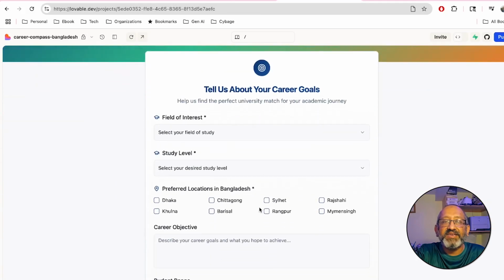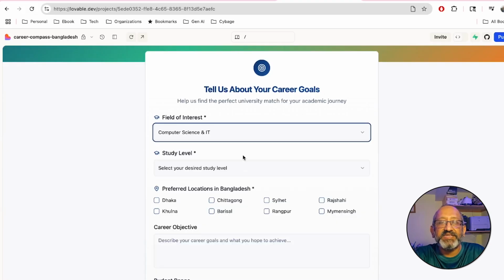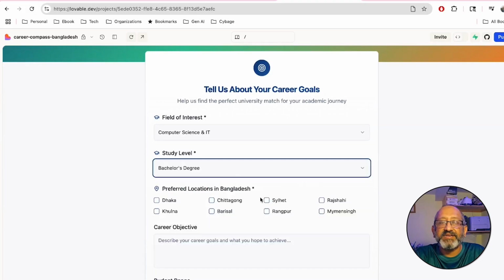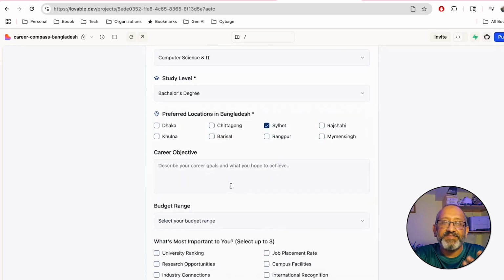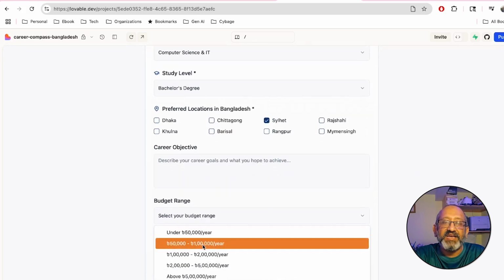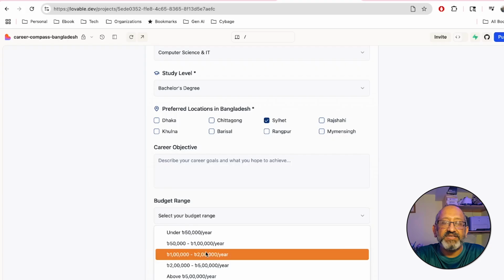I can choose my field of study, desired subject, and choose the location. Let's say I choose computer science, bachelor's, and let me see what it gives me, whatever the budget range is.